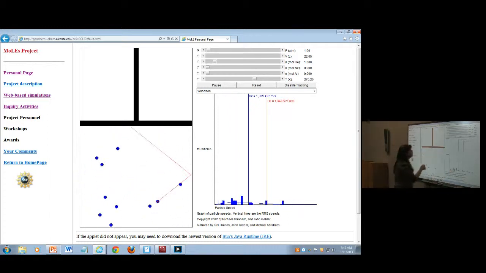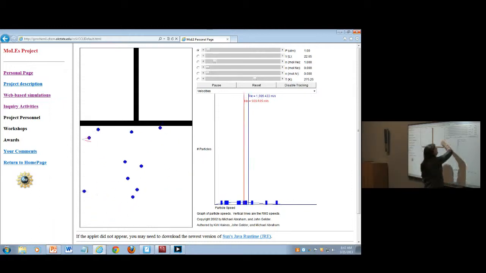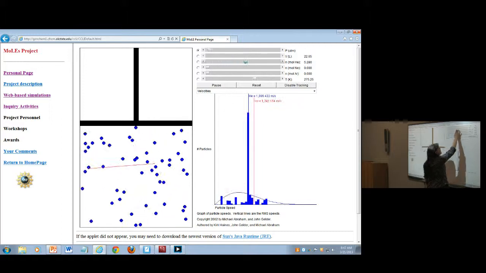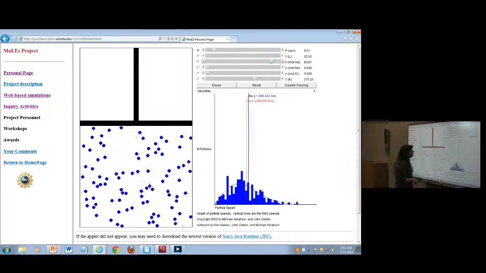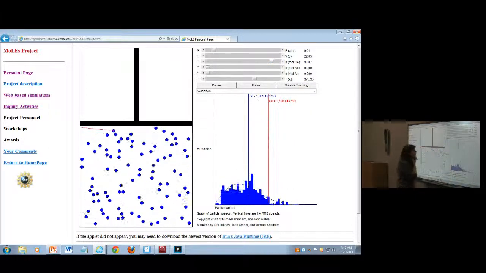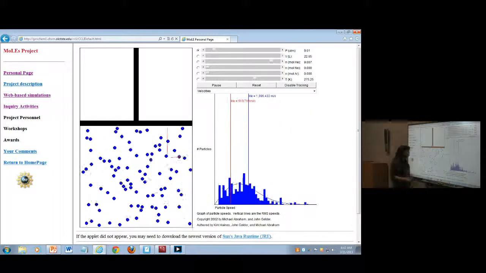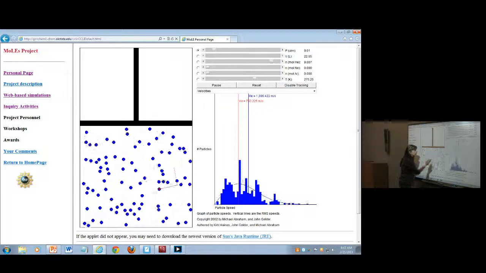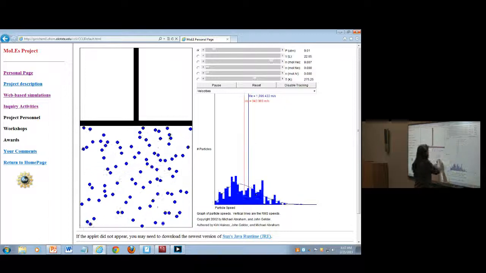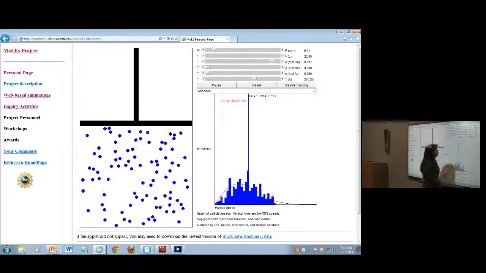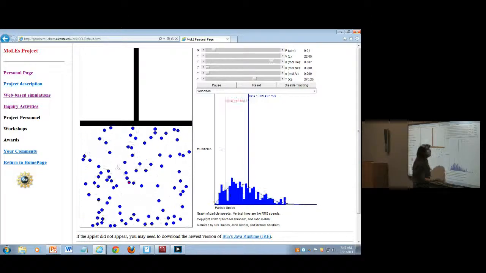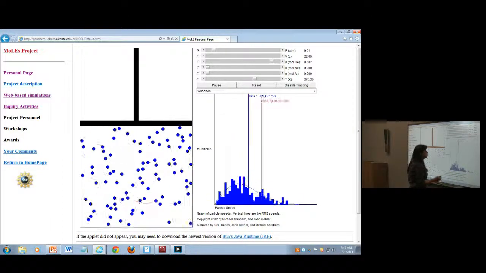Now I want to look at this in terms of volume. Actually, let's add some more helium. What happened here? Nothing about the average speed changed. There's a whole lot more helium in here, and so a whole lot more activity down here, and sometimes the helium we're tracking goes slow, and sometimes it goes fast compared to the average, but nothing about the actual sample changed just because I changed the number of moles.